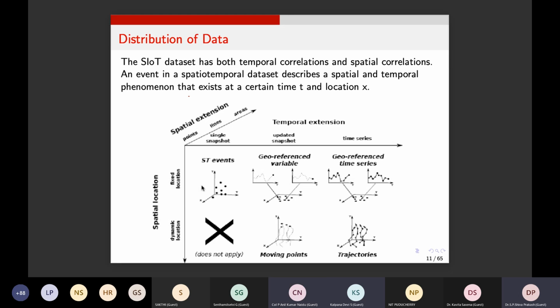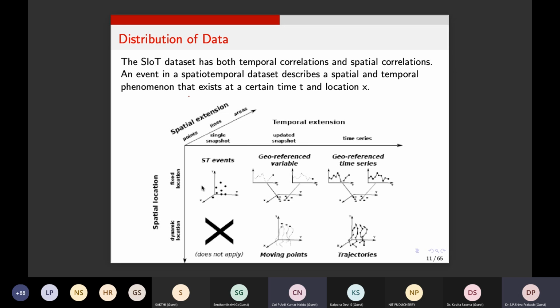So there are spatio-temporal events, geo-referenced variables, and geo-referenced time series, where, especially for dynamic locations, there are certain moving points or trajectories. These are the possible things that can happen within the data set. And if you look into the properties of these data distributions,